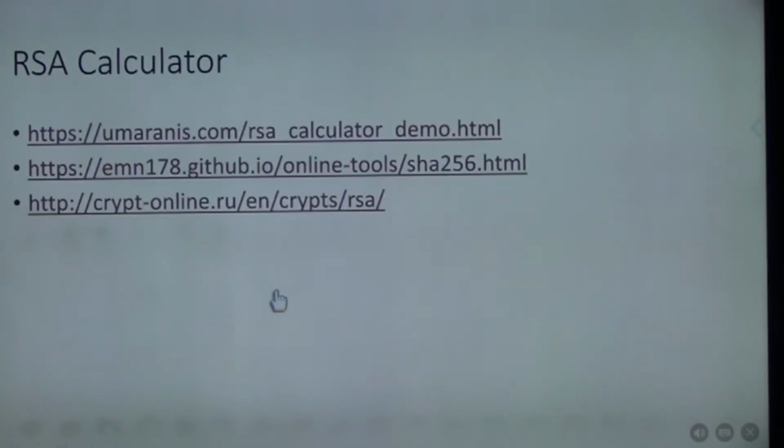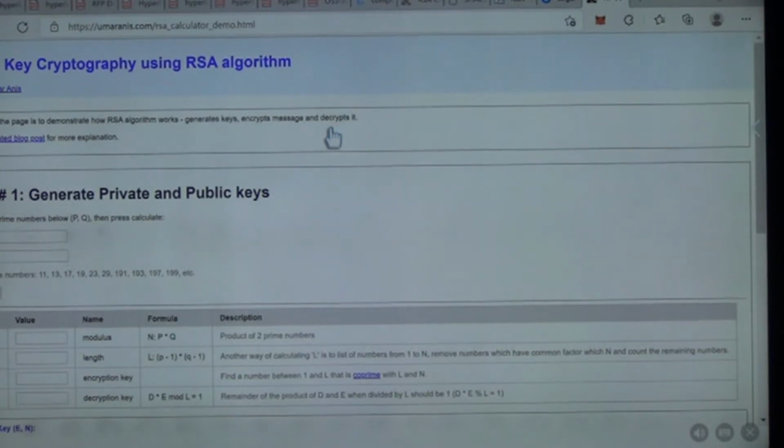These are some of the utilities which I want you to use, especially once I'll be giving you an assignment. This says RSA Calculator. Let me show you this. In this RSA Calculator, you can just use two large prime numbers. So he has given some; let's say I put 197, and this is only for understanding, and I put 29. These are the two primes, and then I say calculate. So it multiplies these two numbers.